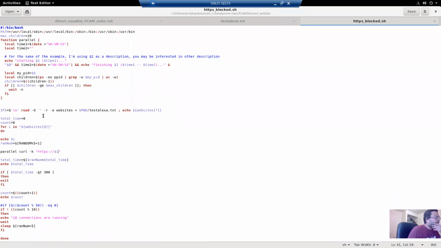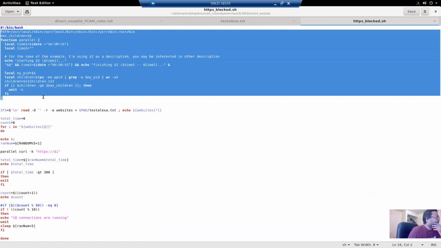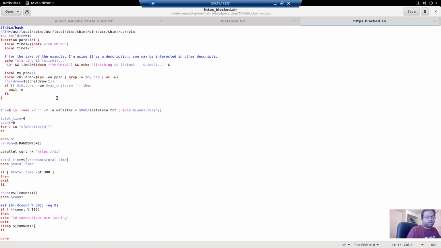There is a for loop reading the websites from this file, which contains 50 websites. It's sending a request to each website, and I'm blocking only the first 10 Alexa websites. All the connections run in parallel, so I use this script, which creates multiple threads in the shell, and one thread handles one connection.